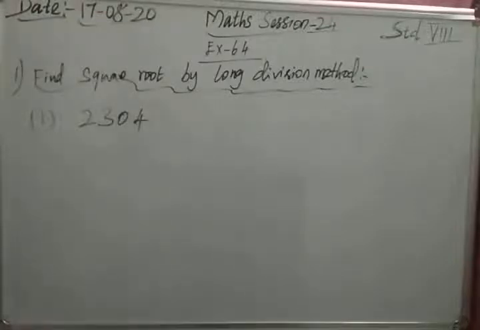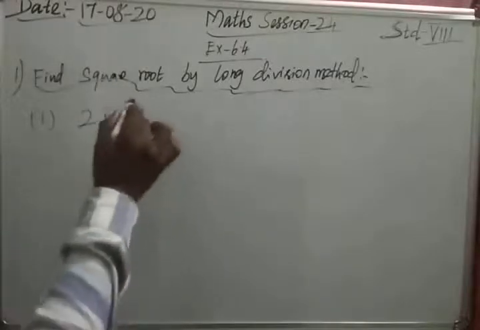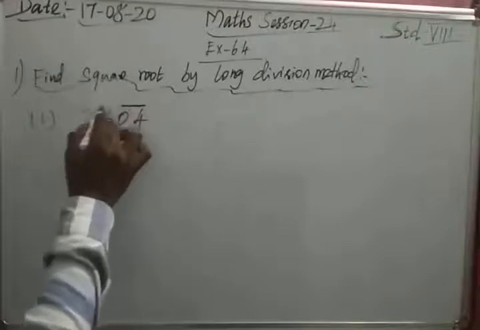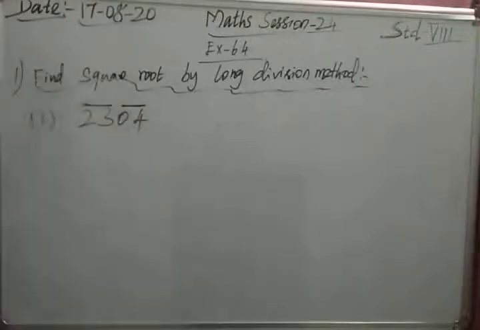Whenever we have a number, what will we do? In the Indian method, if we calculate rupees, we say ones, tens, hundreds like that. In the same way for square roots, first from the last digit, from the final digit, we have to take two numbers at a time and make a bar value, like this. Then only we can go for the long division method. Why we are doing it like this, I will explain to you now during the sums.